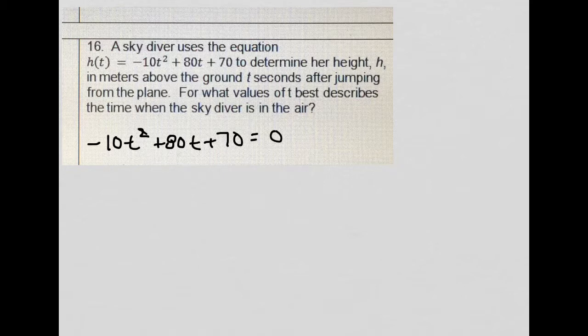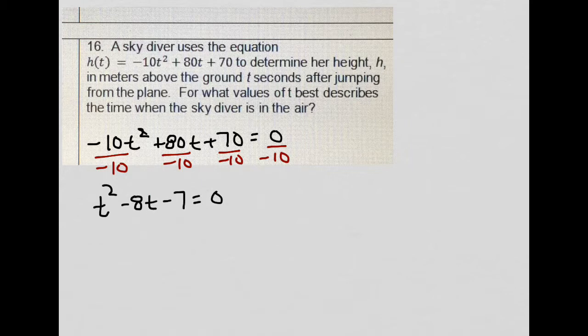Well, we know that factoring doesn't work well with the negative a value, so I'm going to divide everything by negative 10. Then I'm going to have t squared minus 8t minus 7 equals 0. When you try to factor this, you'll figure out pretty quickly that there are no values of 1 and 7 that I can multiply to get negative 7 but add to give negative 8. So that means factoring is not going to work for us, so we're going to need to use the